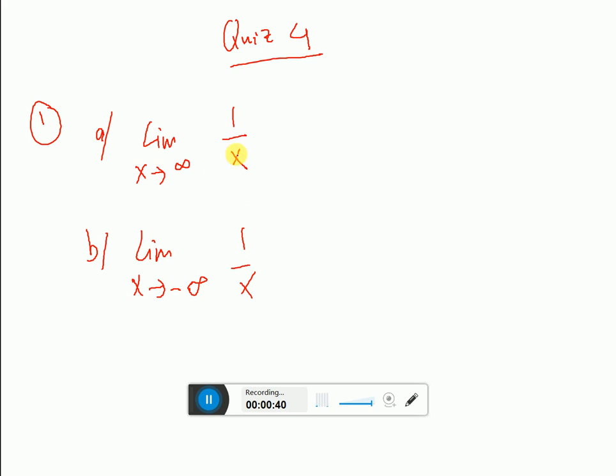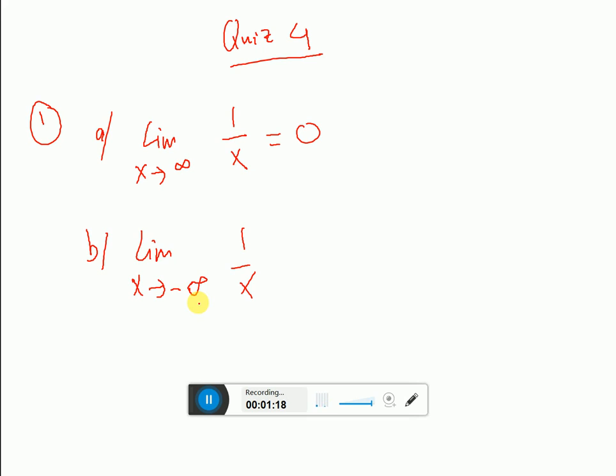So here, we have the same function, so we just want to find the value when x approaches infinity and negative infinity. So remember, when x is approaching a very big number, 1 divided by a very huge number is going to be equal to 0. The same thing here, when x is going to a very negative huge number, 1 over that big negative number is going to be